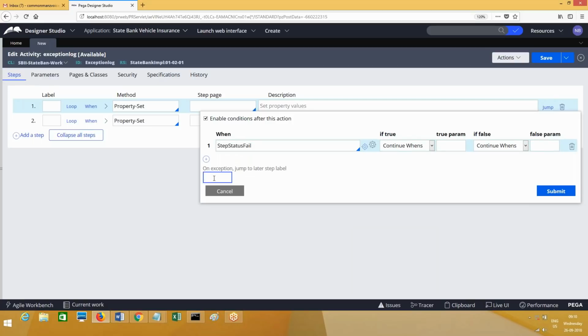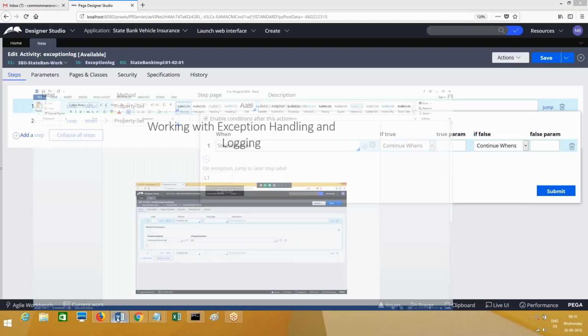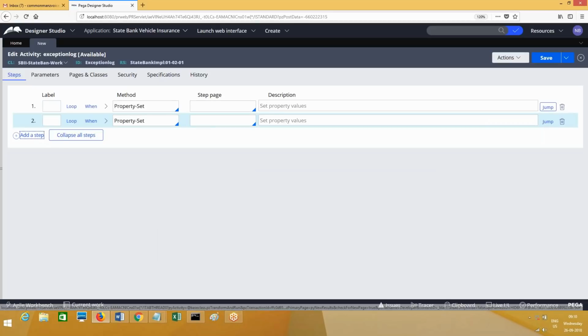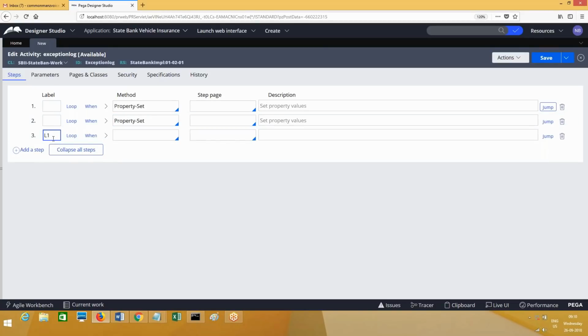Let's see. So on exception, jump to latest step label L1. I have given on exception, it has to jump to the label L1. I don't know what L1 is as of now. Let's see. And then submit this. And here you go. I'm adding another step, third step, where it says L1. This is the way to jump to the steps by giving the labels.